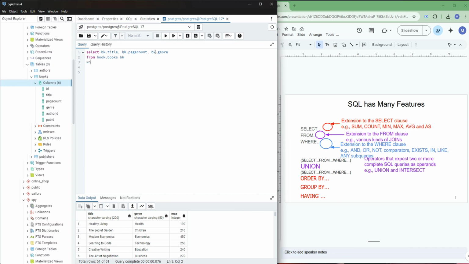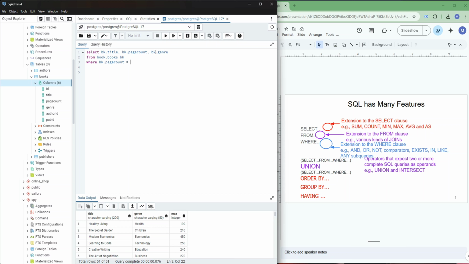Alias bk, where a bk dot page count is equals